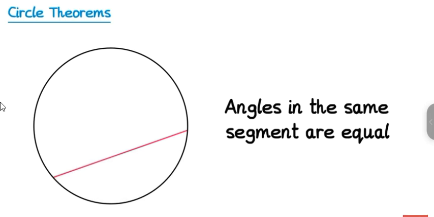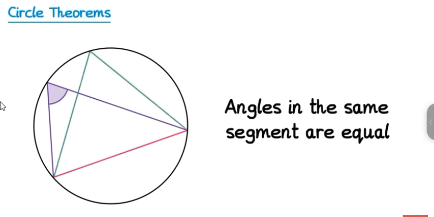Angle in the upper segment using this chord, like this. If we draw a second angle like this one, or even a third like this one, then all of these angles must be the same size because they come from this chord and they're in the same segment. So if the purple one was 68 degrees, the green one would be as well, and so would the blue